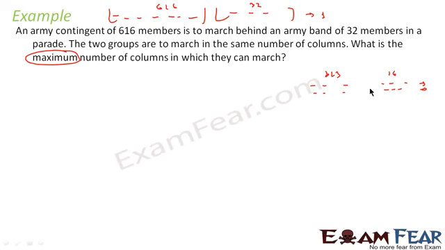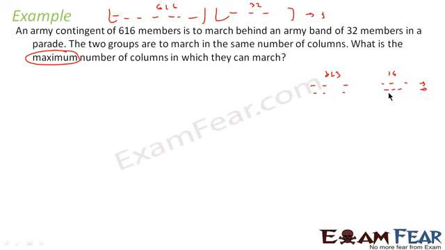Case 2 we got 16 here, 16 each and 308 each. We can have more cases also, but logically it will be very difficult to find because sometimes the number is very big. So what we are doing here is, we are trying to find the highest common factor. See, in the first case 1 was a common factor between these two, so we could ask the army to march in this form. We also found that 2 is a common factor between these two numbers, 32 and 616, so we know that we can arrange them in two columns also.